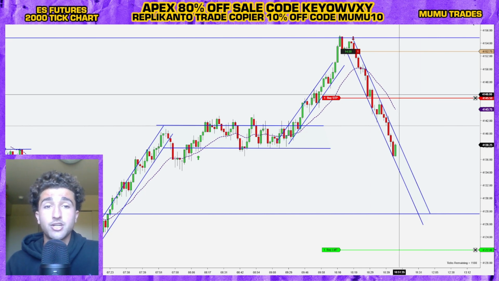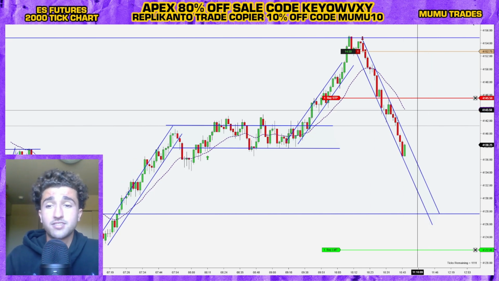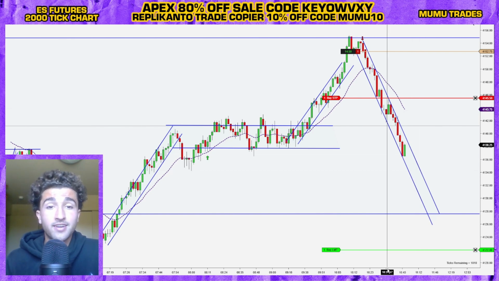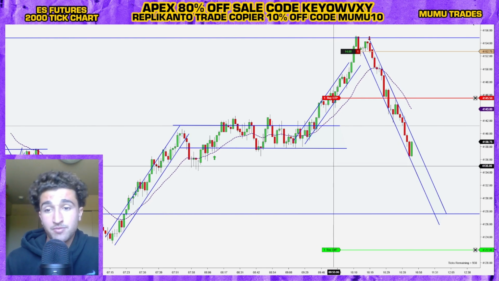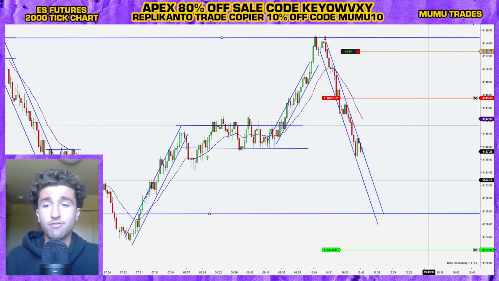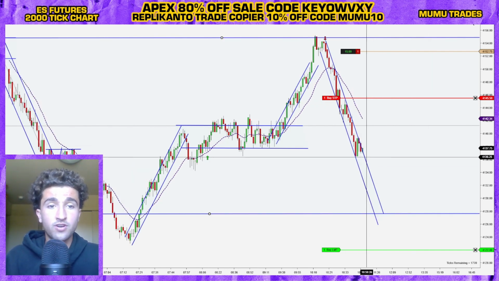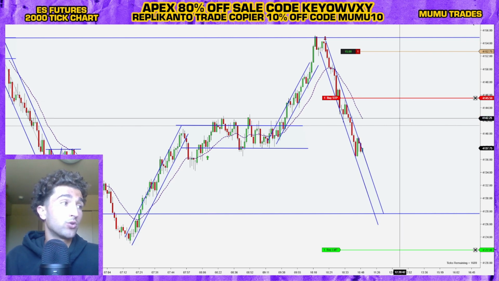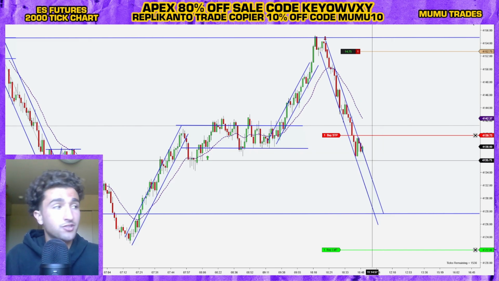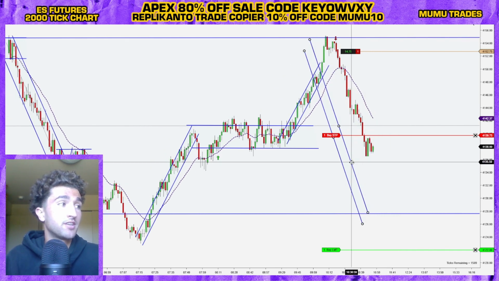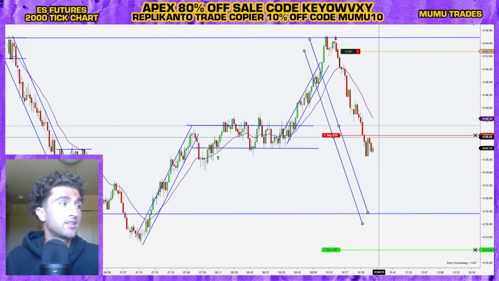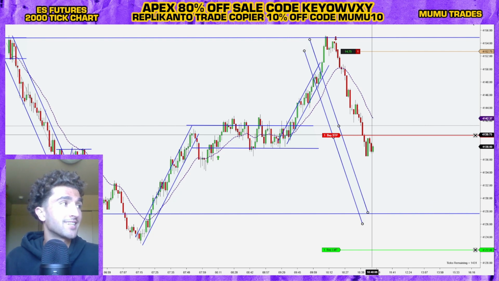But by trailing my stop this way, it just allows for some great runners, and hopefully we can keep going lower. We'll check back in as soon as we get something noteworthy. And now that we are officially going lower after a lower high, another swing high, I'm going to just trail my stop loss. So basically, we broke above the previous bar, this bullish bar, kept going lower. So I'm going to lock in those profits once again.